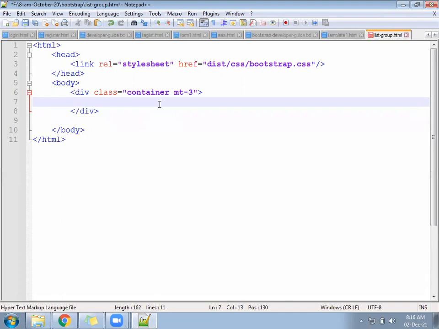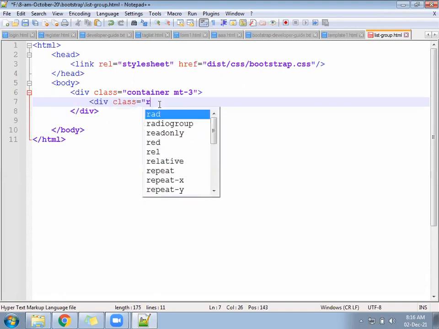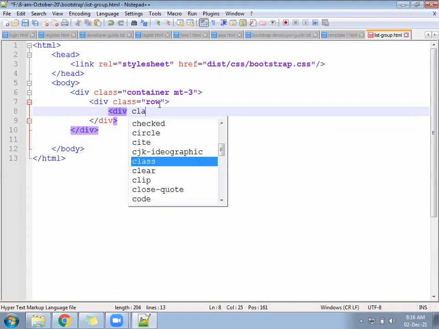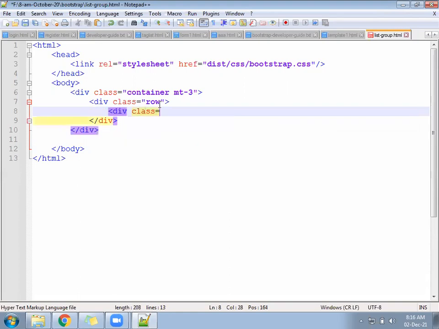Okay. Container will have a division, class row. Under the row, you will follow the division again, col-lg.